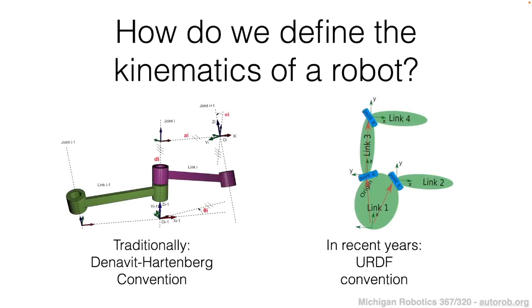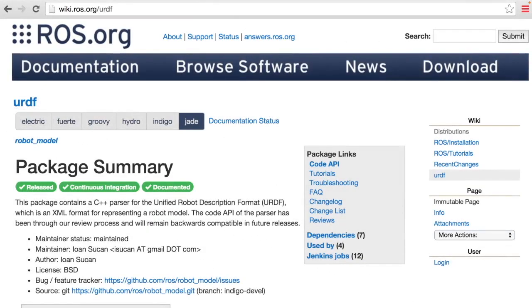Well, traditionally, one technique that has been used in the past quite frequently is what's known as the Denavit-Hartenberg convention. But in this course, and more recently within robotics, there's a format called Universal Robot Description Format for defining the kinematics. And so this URDF convention is what we will be following in this course. And so if you're curious, if you'd like some additional documentation about how URDF is used on physical robot platforms, then I'd recommend you check out ros.org/URDF, where ros.org has documentation for a